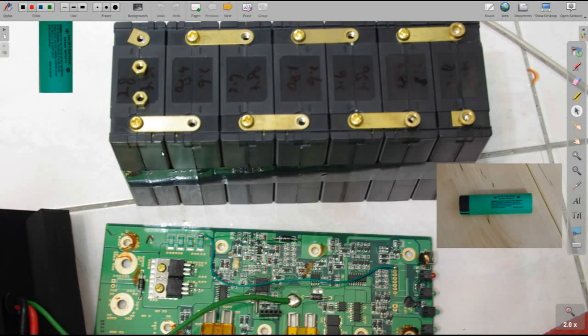Hi guys, today I want to recycle my circuit board from my lithium-ion battery pack, which used to power my electric bike. This is a very old pack I used to have, and it lasted for 3.5 years. After that it went down, and I opened it and wanted to see if I could change or maintain individual cells. However, the cells seem to be glued inside these plastic packs, and since I didn't know what was inside, the only option I had was recycling 3 of my packs, taking them apart, putting 3 of these in